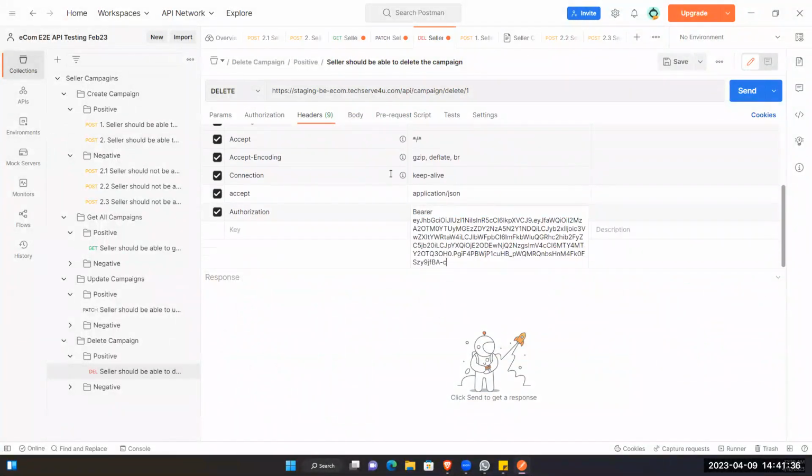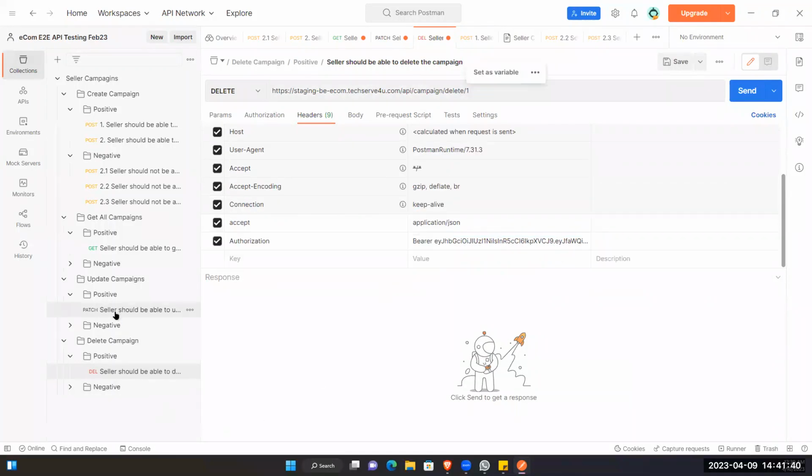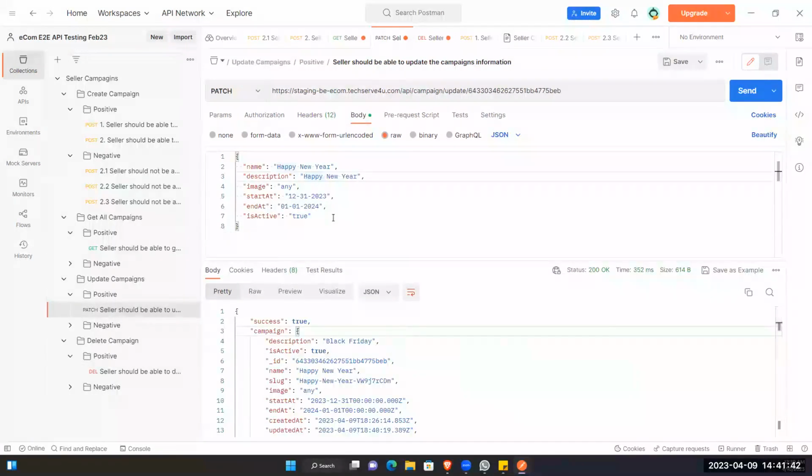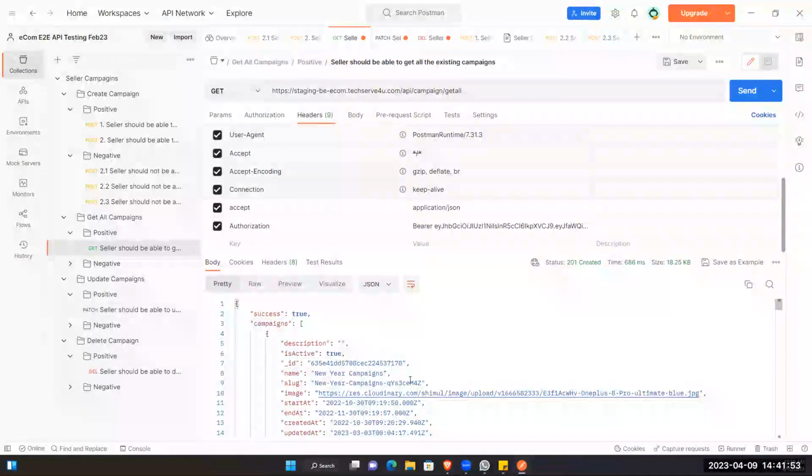And update the token. Then here we have to give the ID, the one we want to delete. So let me delete this. So just copy the ID. Okay. If we go to the get all campaigns, here we can see that here we have actually the